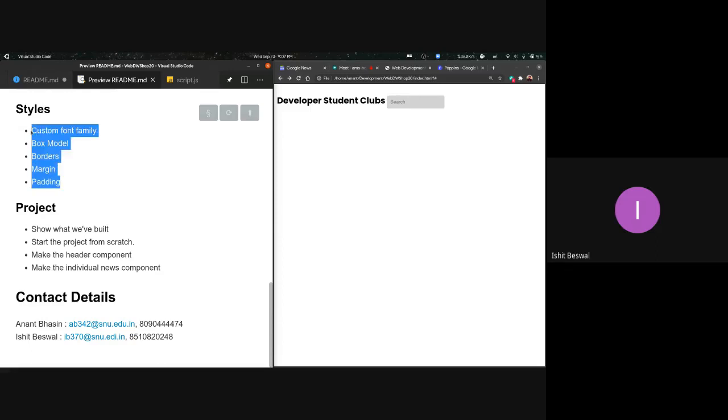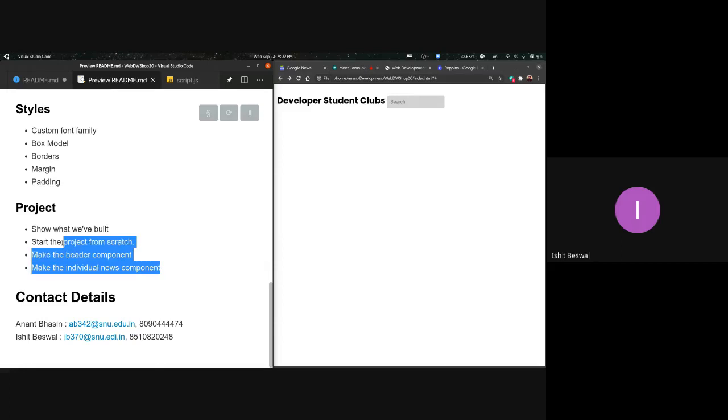Next, we went into what forms are, how to use forms, how to use the input, and what the different types of input are. I don't think we were able to cover the button today, but that's fine. We can talk about that later on. So we covered forms, the form method, the form action, and the different types of input.